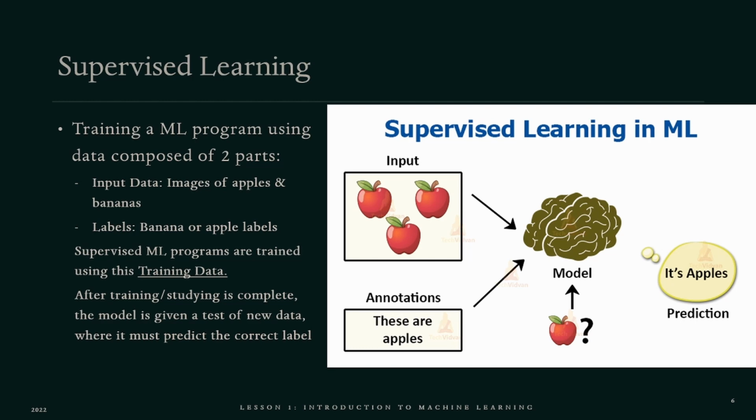Okay, you will give it an image, but you will not tell the computer what that image is. And it has to guess if it is an apple or not. And how does it know that? Based on that studying session beforehand, where you gave it the flashcards, apple on one side, and then the actual image of the apple on the other. I got that mixed around, but you know what I mean.